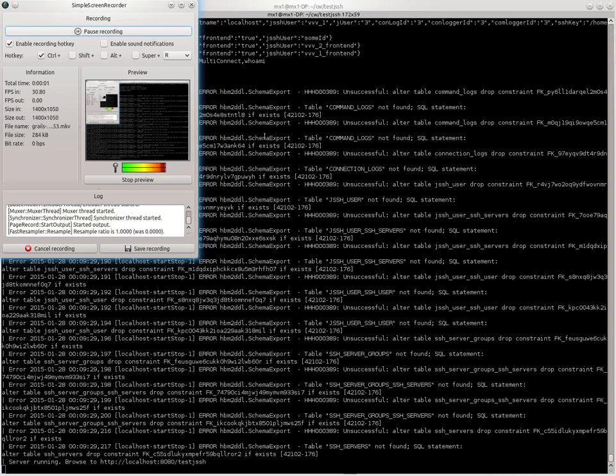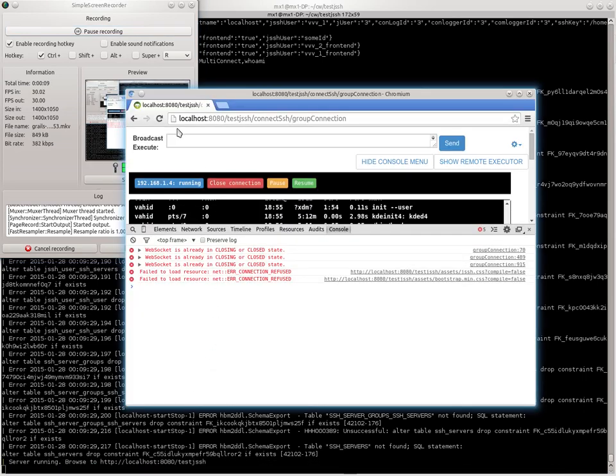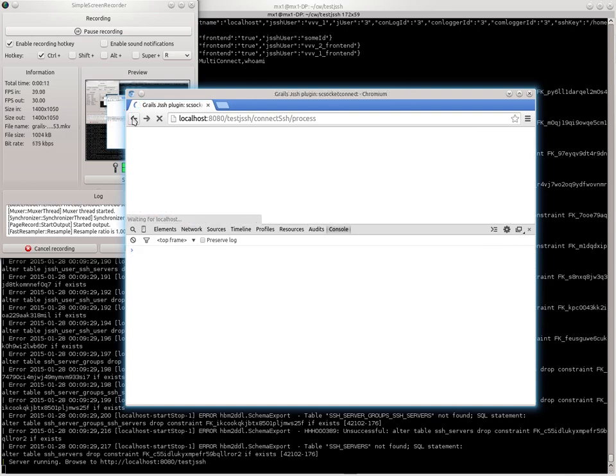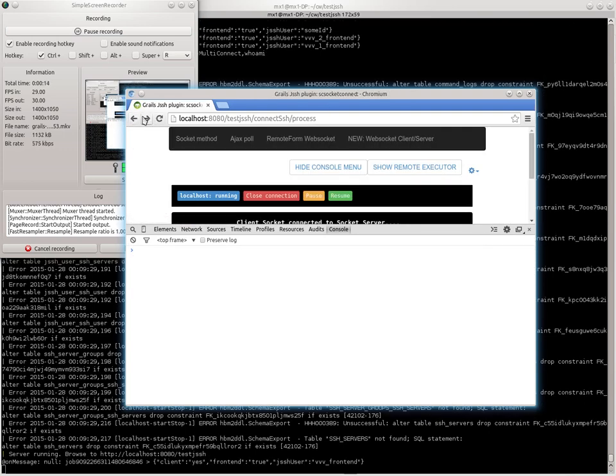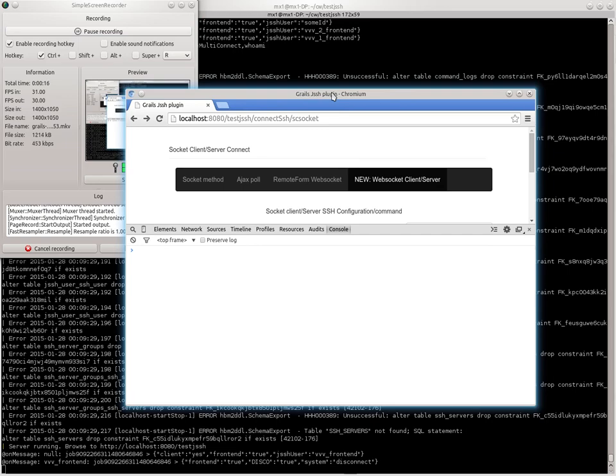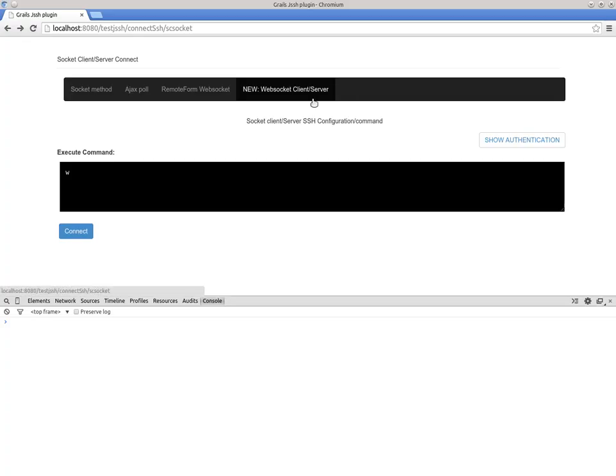Right guys, I've been up for many hours doing this SSH plugin. I'm going to run through it quickly. There's been quite a lot of changes and it's quite powerful now in the sense that it does broadcasting to multiple servers. There are examples on how to use it manually, and within the plugin I provided a feature where you can